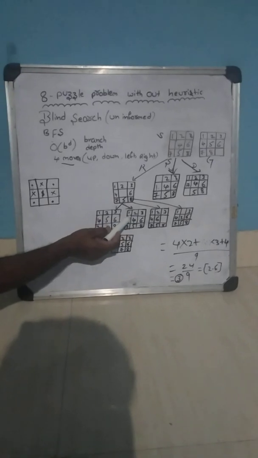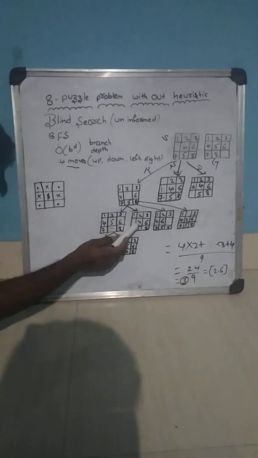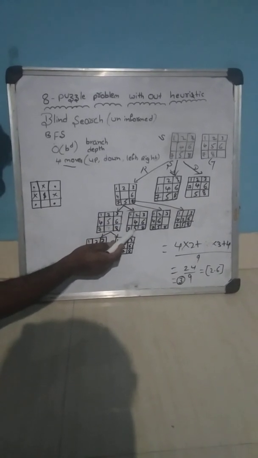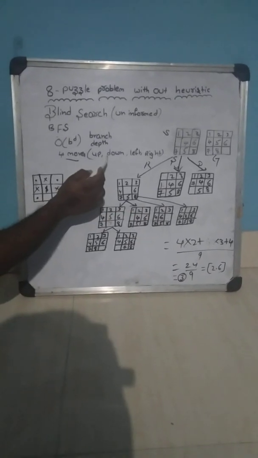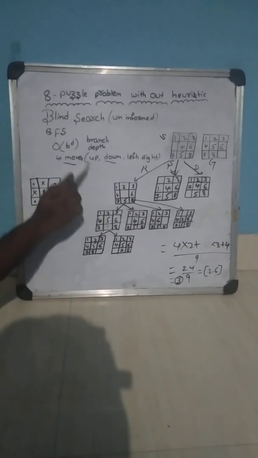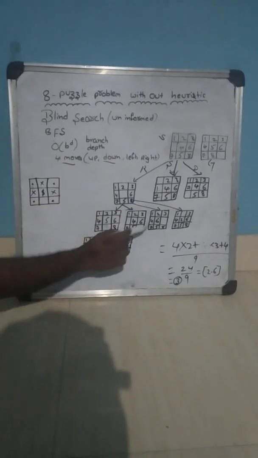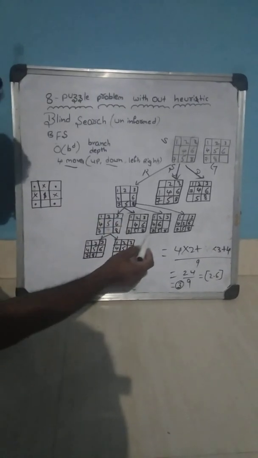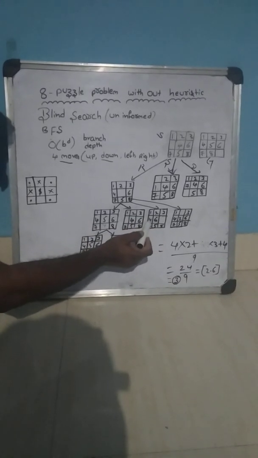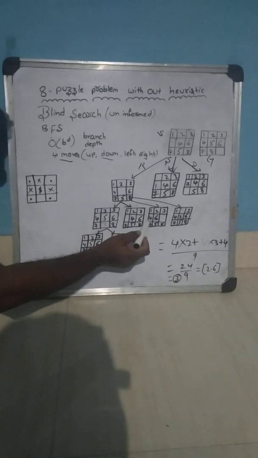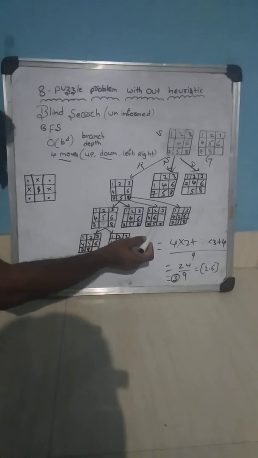And applying another left, what will happen? 1, 2, 3 like this only, then 4 will be there and 5 moved down. So I am again applying left and right methods. What we are seeing here is up, down, left, right. These methods only we have to follow and move the tiles here. Then after that, if you apply another method, 1, 2, 3, 4, 6, 4 will be moved to the right side, so on the left side you will get 7, 5, 8.